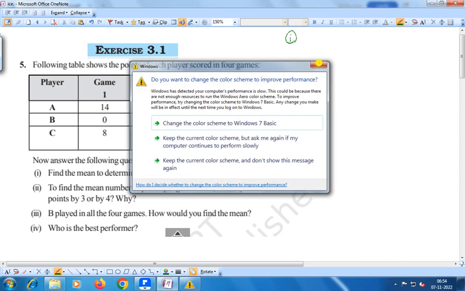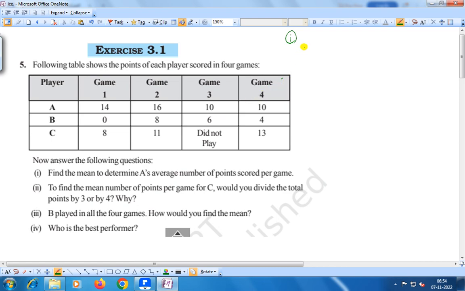The average number of points per game is equal to